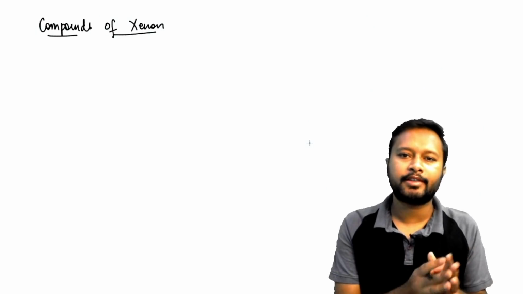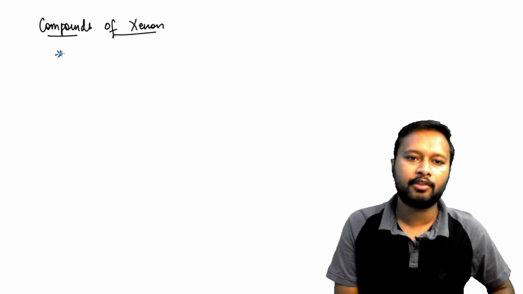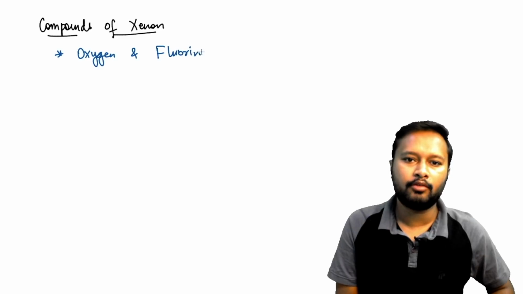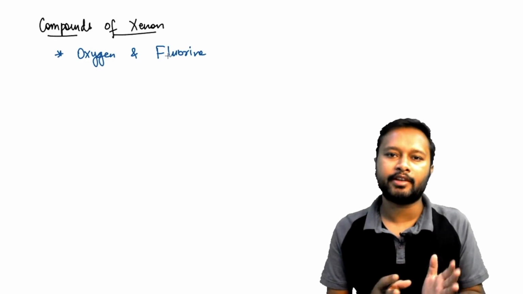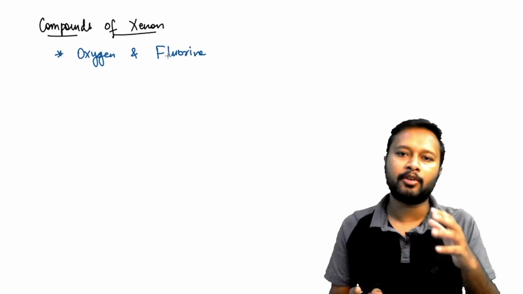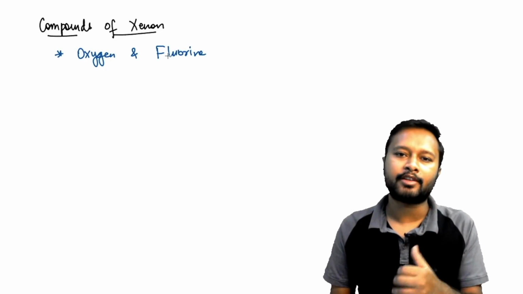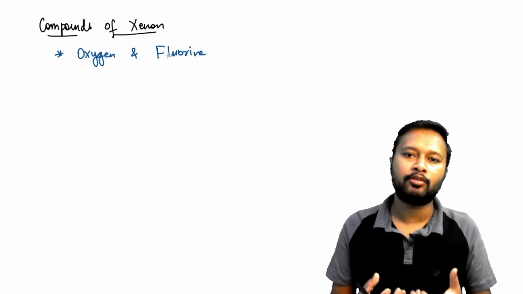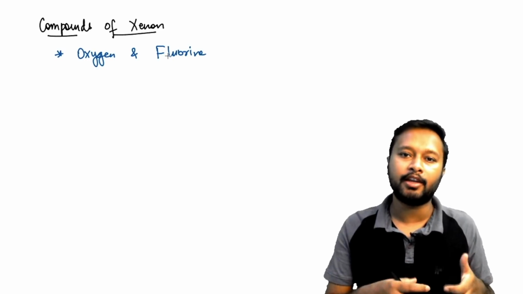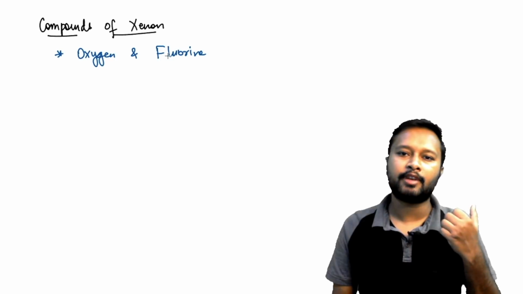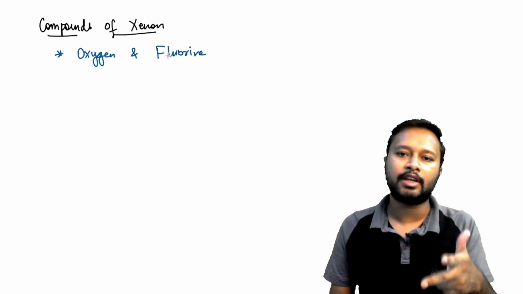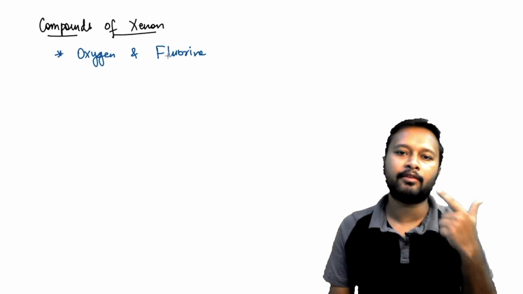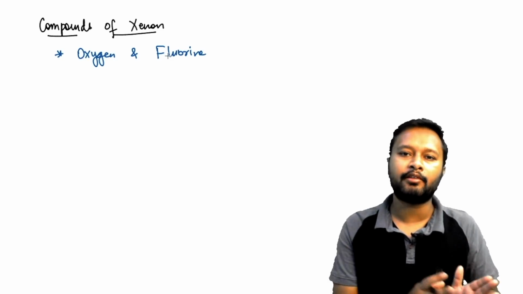Alright, so let's talk about xenon chemistry. Xenon generally shows chemistry with oxygen and fluorine. These are the two elements with which xenon forms compounds. That is because xenon is very less reactive. It's one of the noble gases, but because it lies lower in the group, it has some ability to react. But in order to react, the other species has to be highly reactive or highly electronegative. In the whole periodic table, we have just three most electronegative elements: fluorine, oxygen and nitrogen. Fluorine is the highest electronegative, then oxygen, and nitrogen is the least electronegative among the three.